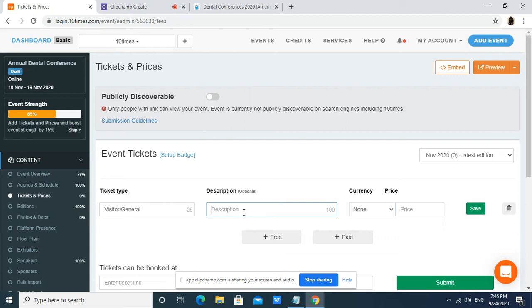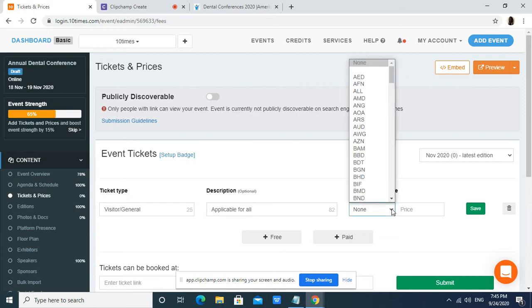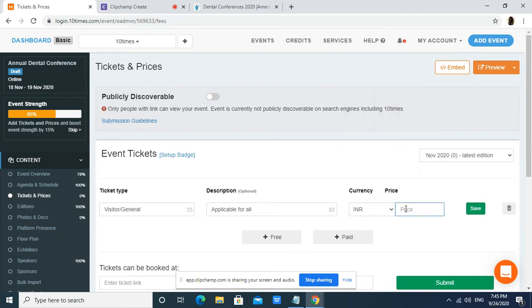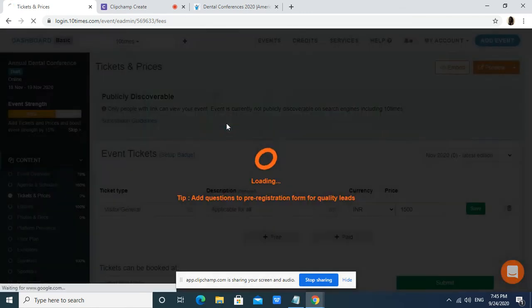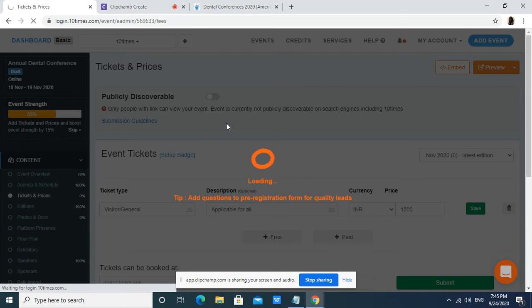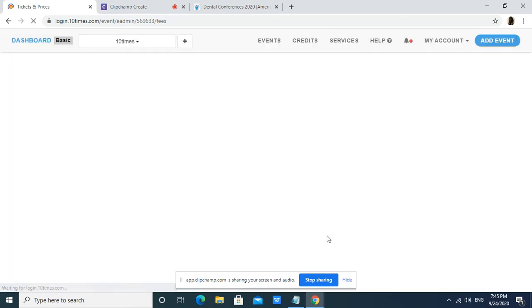Type description, currency, and the price. Save settings. If there is more than one category of your tickets, you can add them from here.